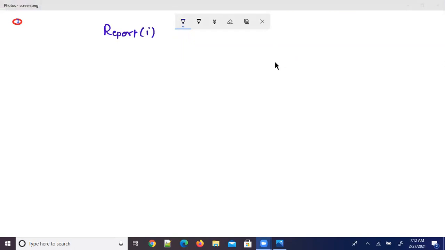Next point. Now, this interface has two implementations. Say, for example, one implementation class name is SalesReport. It is an implementation class.